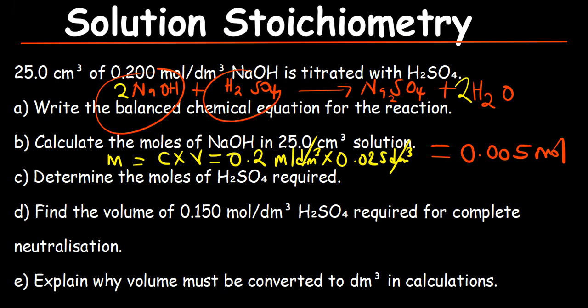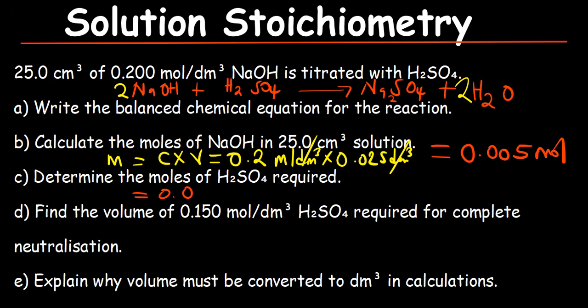So for every 1 mole of sulfuric acid, you need 2 moles of sodium hydroxide. So in this case, what are we going to have? The moles of sulfuric acid, in this case, is going to be what you have as the moles of sodium hydroxide, which is the one we just found,